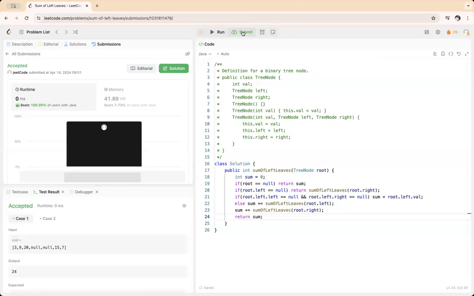And then, since we have only thought about the left child, we also have to think about the right child. So on line number 23, we are doing sum of left leaves dot root dot right, and then again we are accumulating the returned value into the sum value. Okay, just like, see in this example,